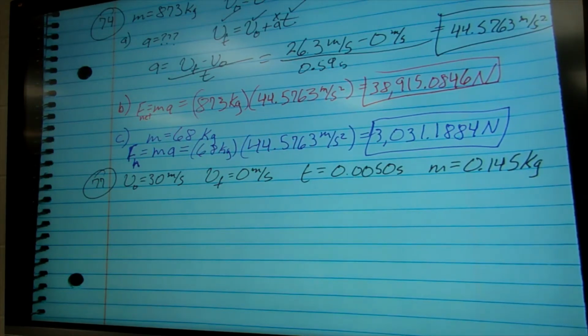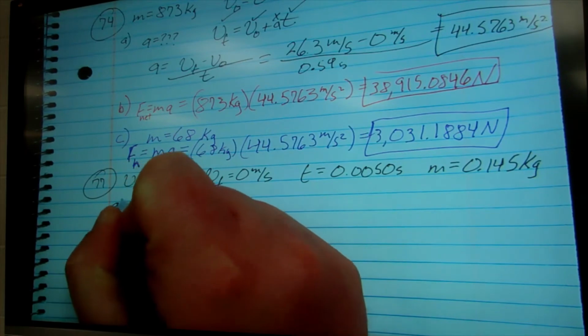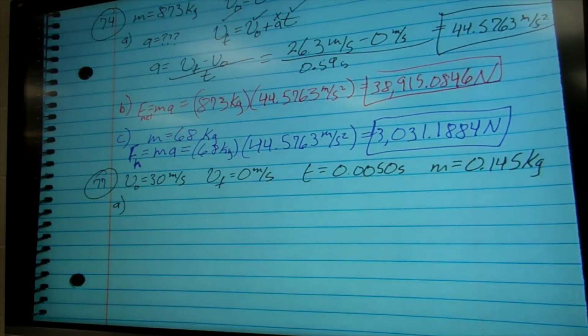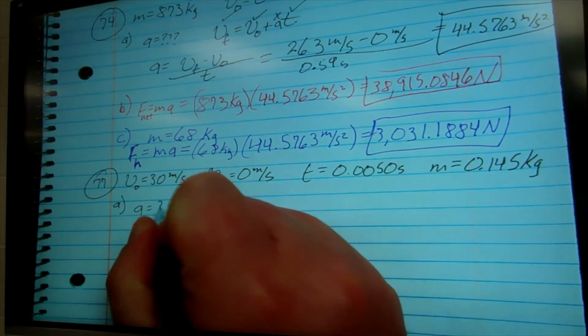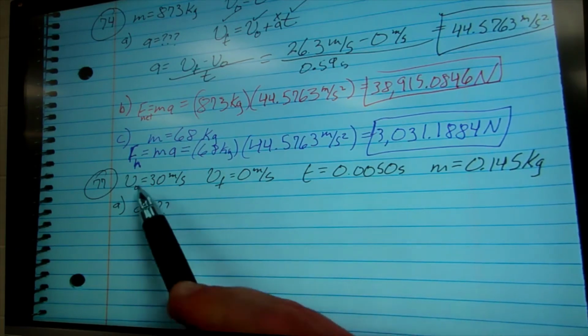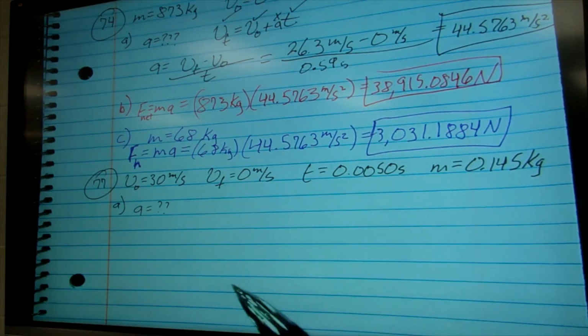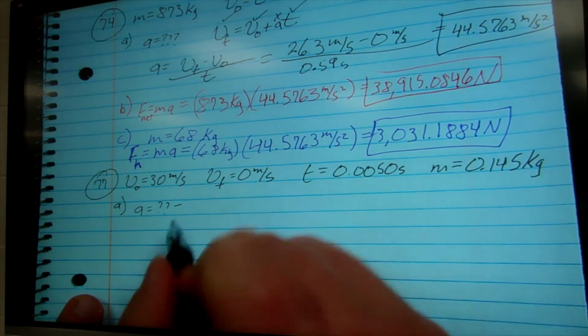So, that's the information. Part A. We're trying to find the baseball's acceleration. So we're looking for acceleration. In this case, this one should be a straightforward one for you. It's going to be like it was before. Because we have a final velocity, initial velocity, and time. So in this case, we can find acceleration by looking at